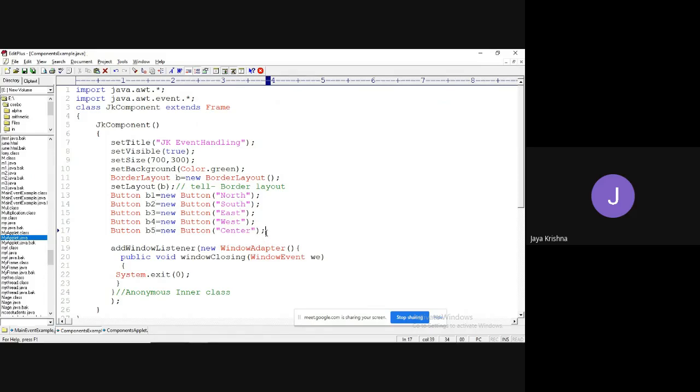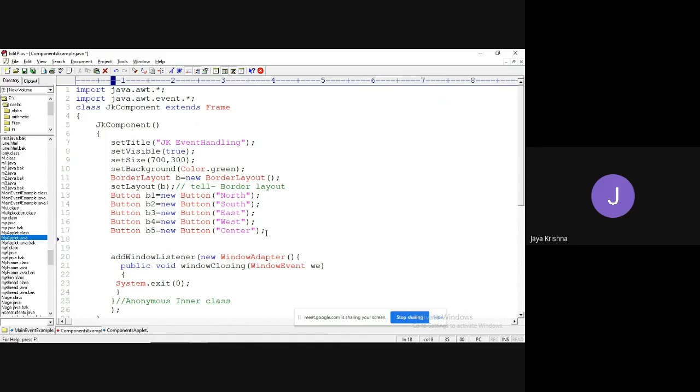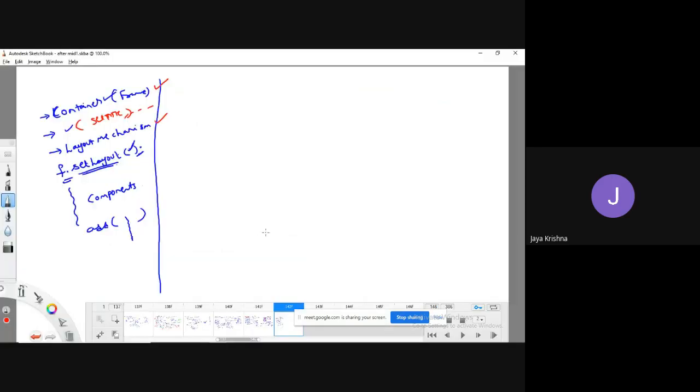Now my requirement is to add all these buttons to my container. How are we going to add all these buttons to the container? By using the add method.